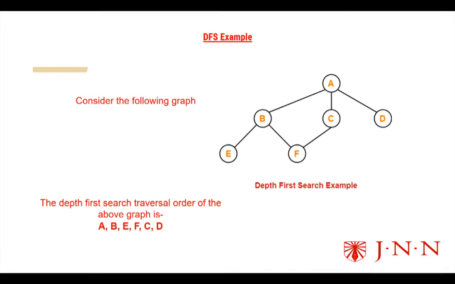And this is the depth first search example tree diagram. Here we are seeing the tree. It contains some nodes. The first source node is A, and the first depth node is B. Then from B the depth node is E. Then the immediate depth node of the vertex B is F. Then from A to C, that is the next depth node, and the final depth node is D. So this is the searching fashion that is implemented in the depth first search tree.